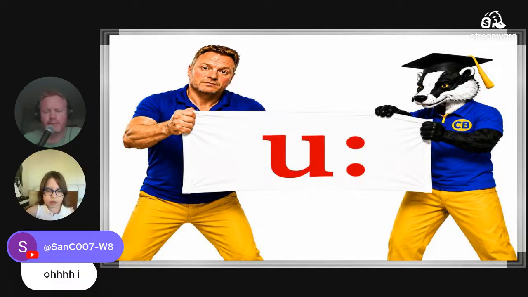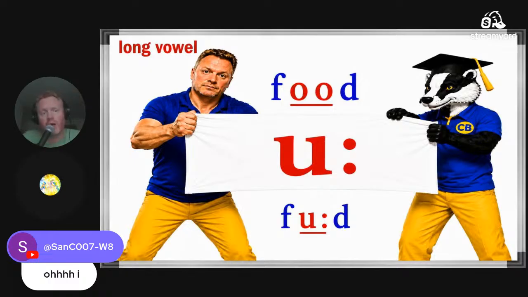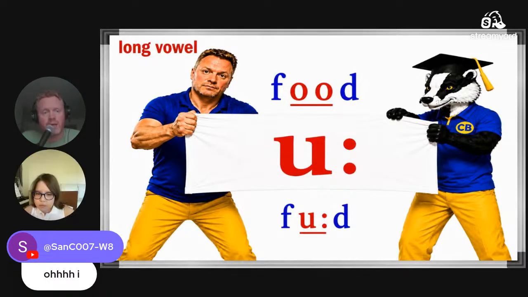You. Okay. And computer says food. Yeah. Food. This pair, short U and long U, number 2, is difficult for students as well. But if you want to have good pronunciation, you must be able to make these two different sounds and know when to use short U and long U. And this is U number 2.